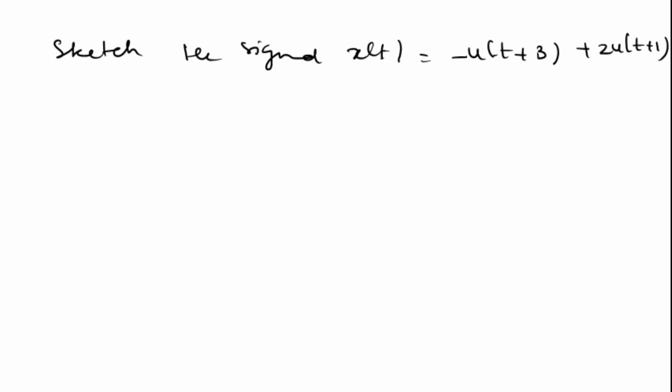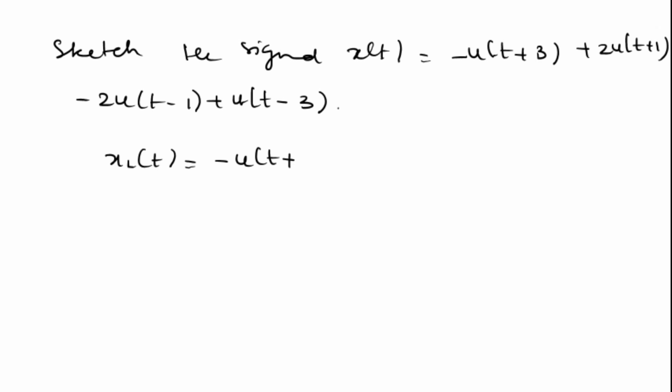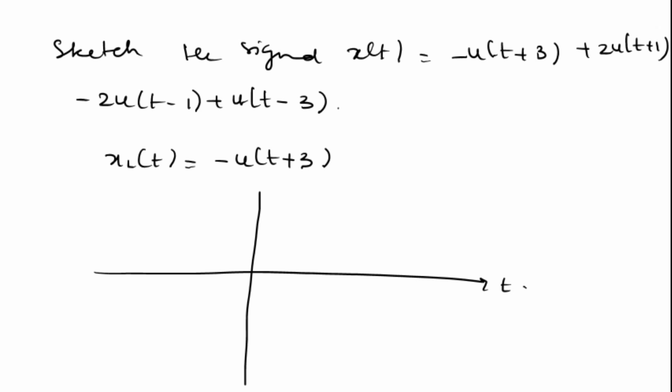Sketch the signal x of t is equal to minus u of t plus 3 plus 2 into u of t plus 1 minus 2 into u of t minus 1 plus u of t minus 3. So first we will draw x1 of t as minus u of t plus 3. This is t, 0, 1, 2, 3, minus 1, minus 2, minus 3,